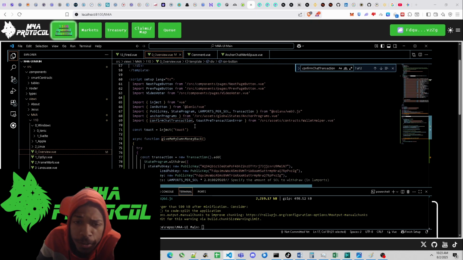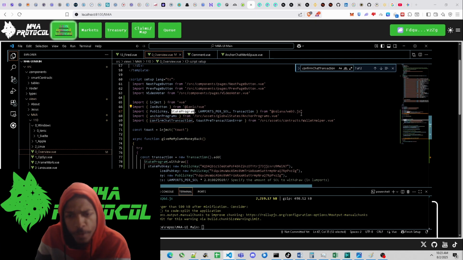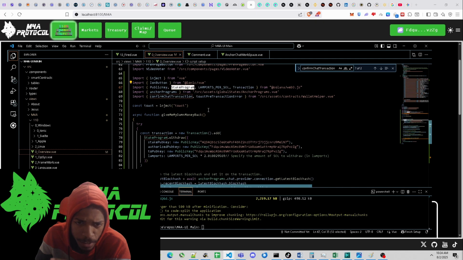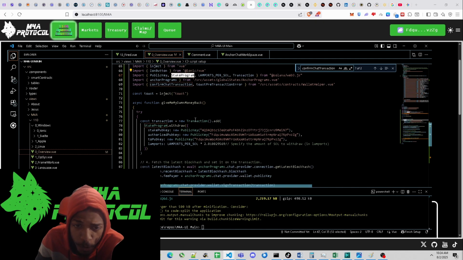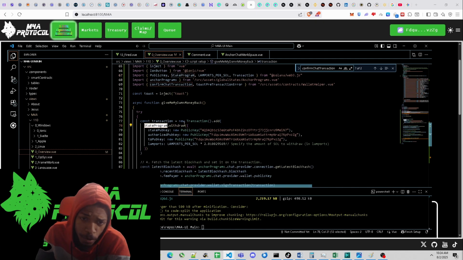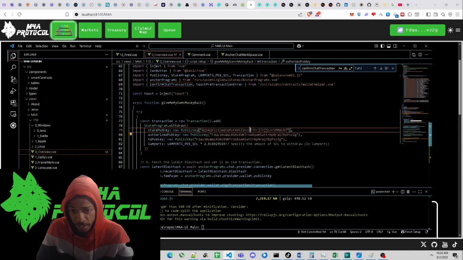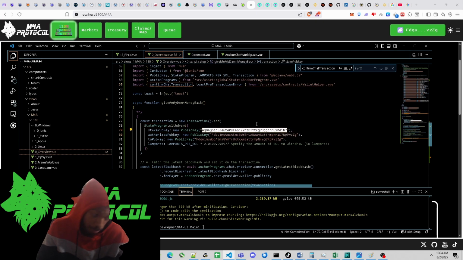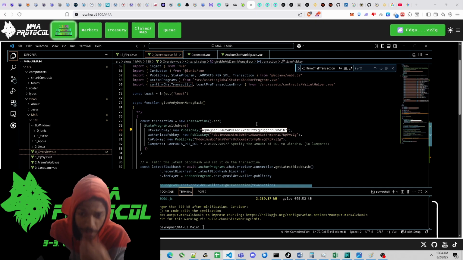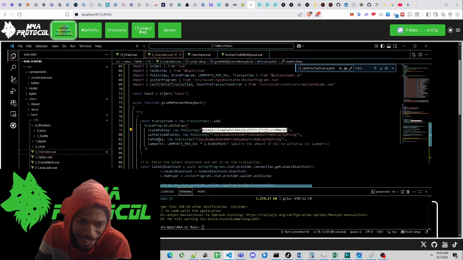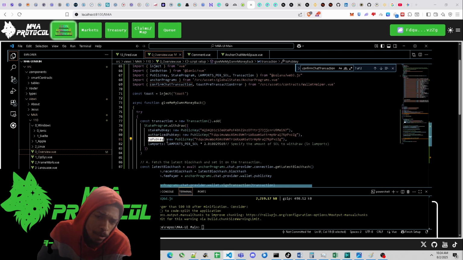What's new here? We have the stake program that we're calling from the Solana web3.js library, Lamport, transaction, public key, toast. That's not new, but so we make the transaction, it's stakeProgram.withdraw, and we have our public key address, that's the CEO address, and the stake account, which is just the public address for that account. And that's all it is. There's also a parameter, which I guess is the authority,